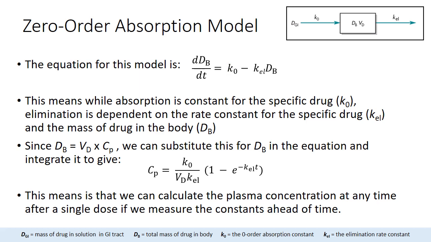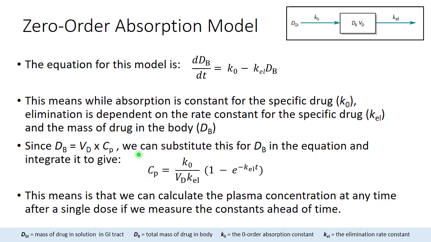Finally, I don't know if you remember, but the drug in the body can also be represented by the volume of distribution times the plasma concentration. That's the same as total drug in body. So we can substitute that, and if you wanted to get the actual plasma concentration,